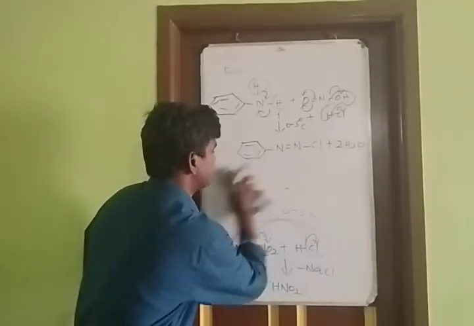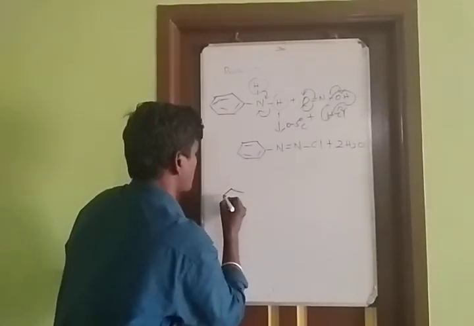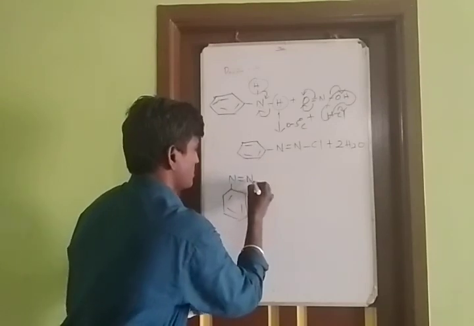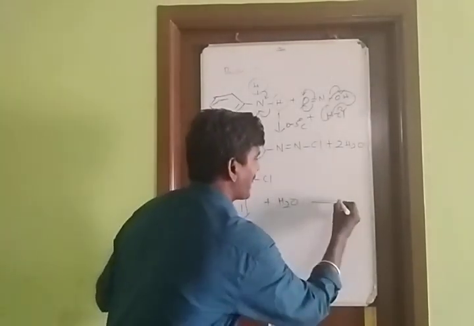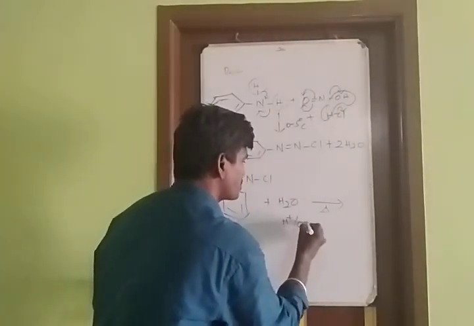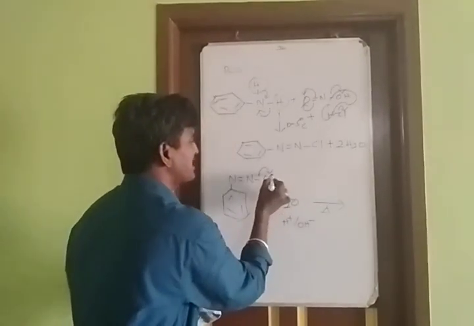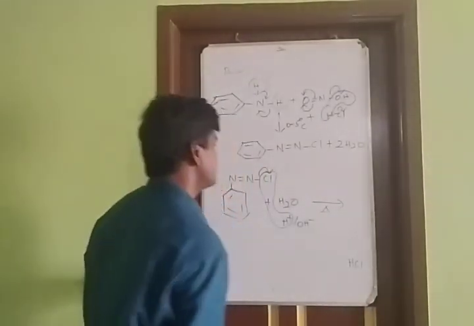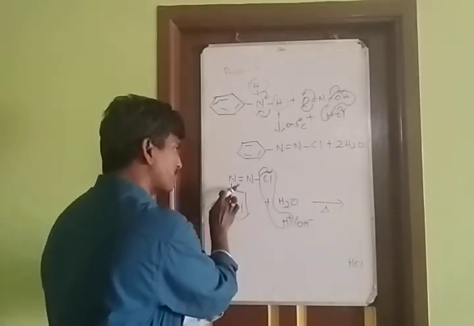How will you prepare? This is benzene diazonium chloride. Then I am going to add water, then we have to apply heat. Water we can write as H plus or OH minus. Here Cl electronegativity is greater than nitrogen, so the Cl minus combines with H plus. So HCl is removed. What's the charge of nitrogen? Plus. Here compare carbon and nitrogen.